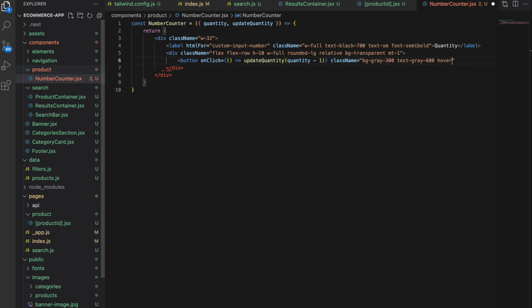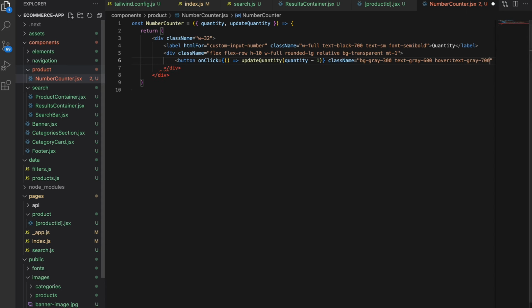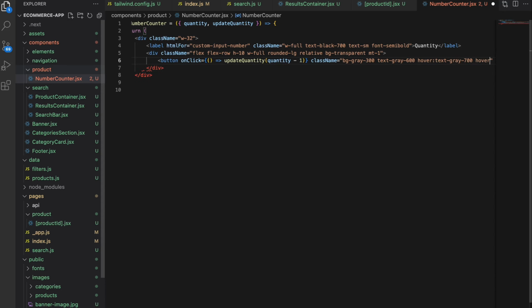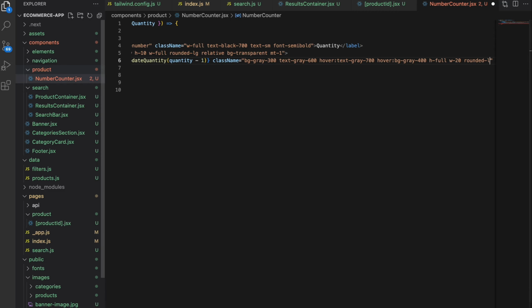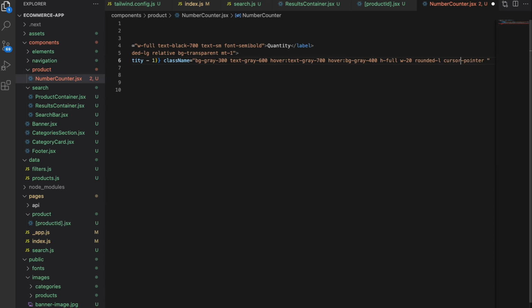On hover, this is a button, so let's also make it darker on hover so it has some kind of effect. And let's also change the background, so for 100, so height would be full, and let's set fixed width, so rounded large, cursor pointer, as we usually do with buttons,